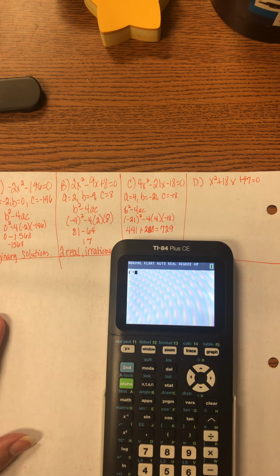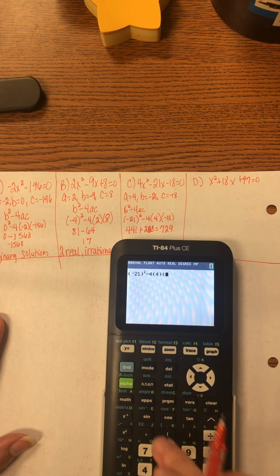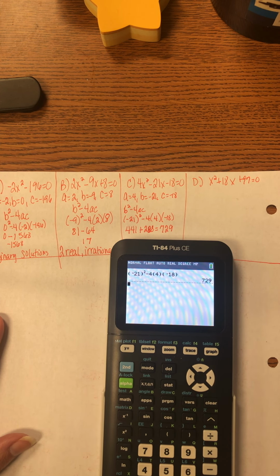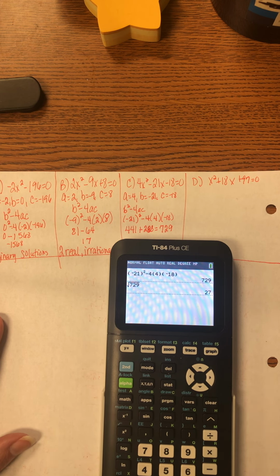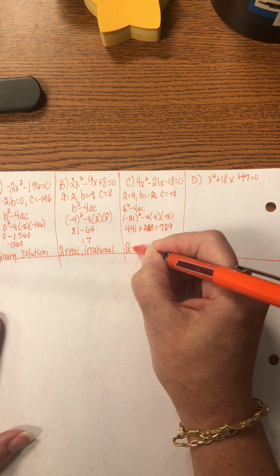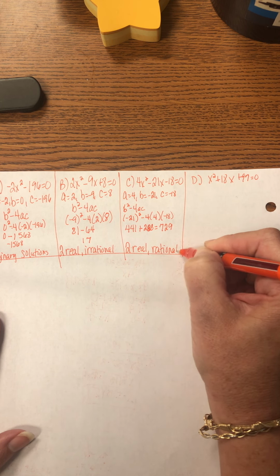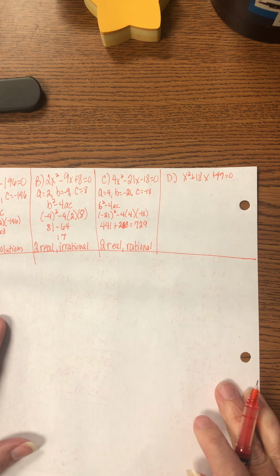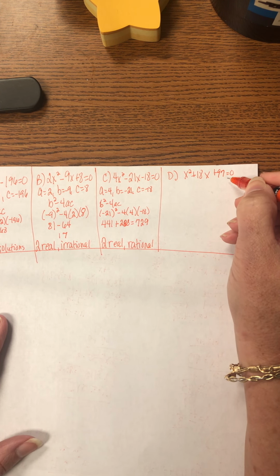Okay, so check yourself. You have -21 squared minus 4 times A times C, 729. Well, look at the 729. It's a perfect square. So since this is a perfect square, you're going to have 2 real solutions, but they will be rational solutions. So for part D, we have x squared plus 18x plus 97